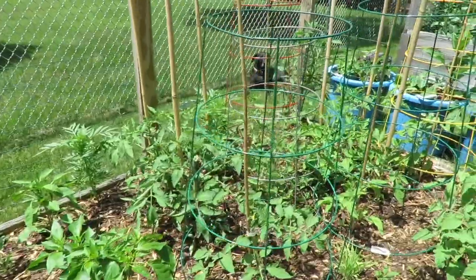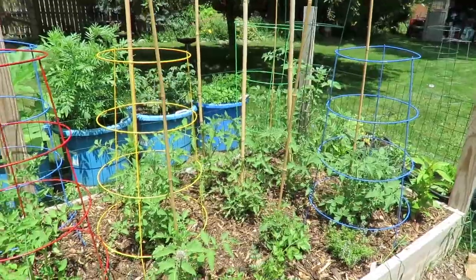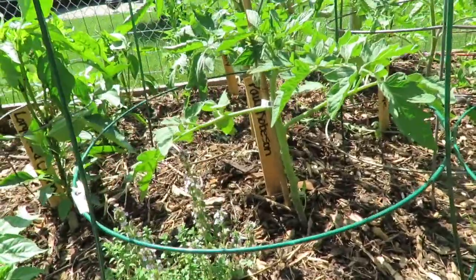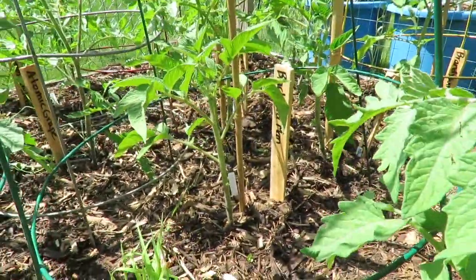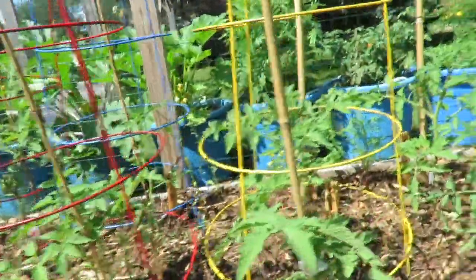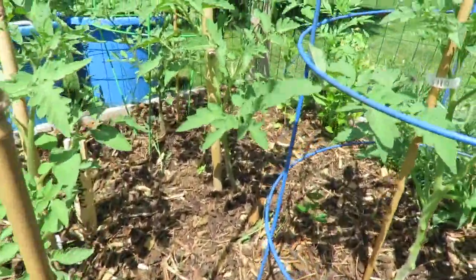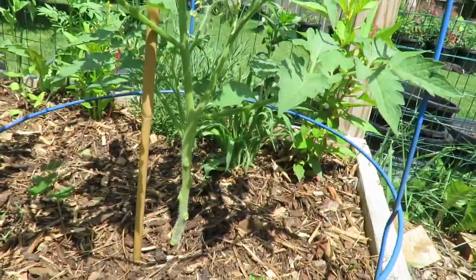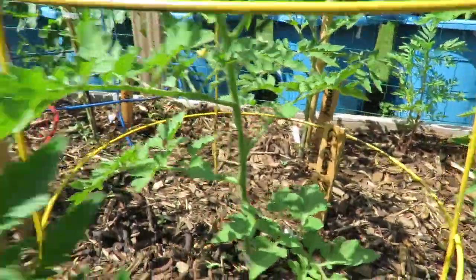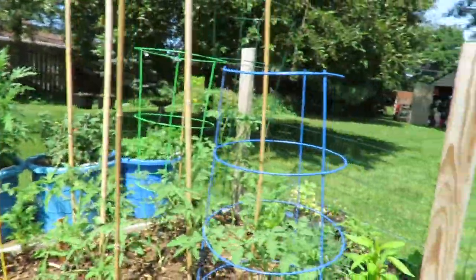So this is before. So here is the after. You see how much I have underneath each plant. Now all these tomatoes were winter sown, so I was hoping they would be a little tougher, but if you look,